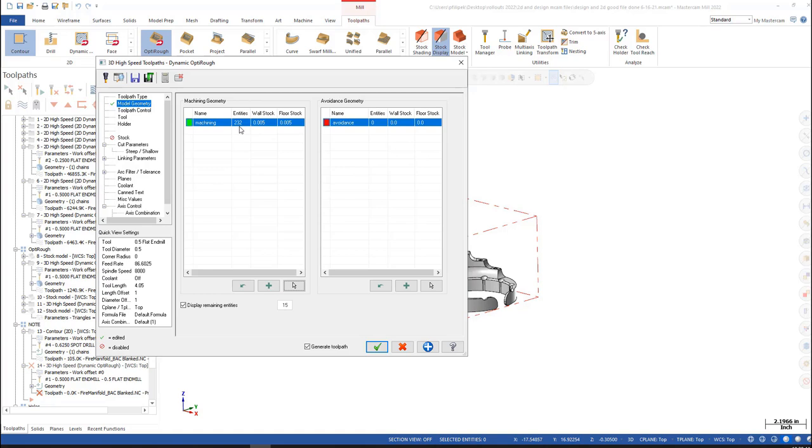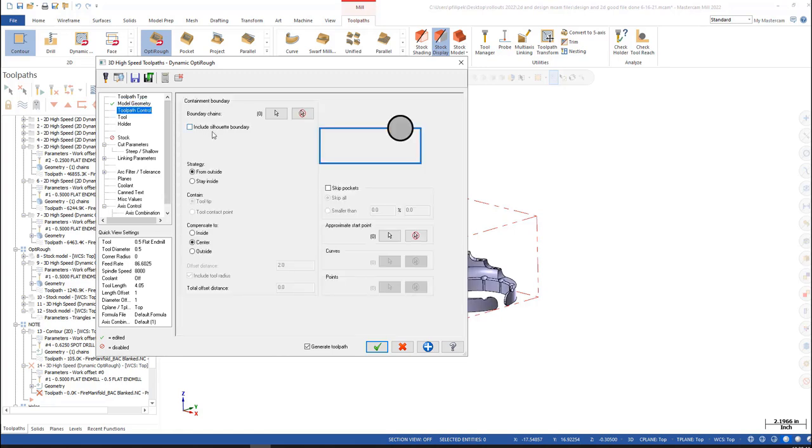So I have 232 faces on that part. If I had something to avoid, I would also have avoidance geometry here that I could pick. And I can also make new machining groups here as we go down the list to give different wall stock and floor stock if we wanted to. Toolpath control,